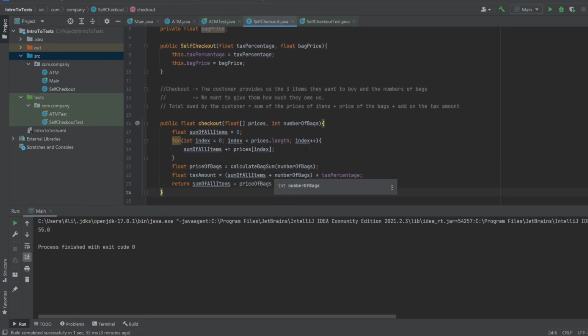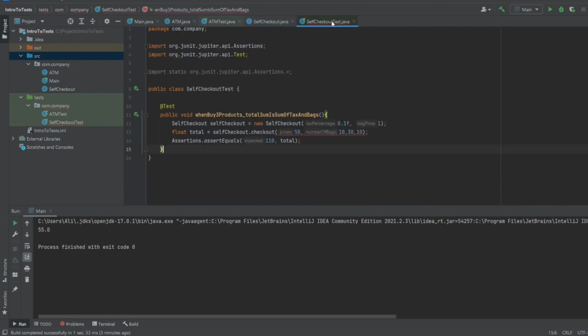Now to make sure our code is working, and I did this on purpose because I want to show you guys the power of tests. If you recall, last time we wrote the self-checkout test and we wrote when buying 3 products, total sum is the sum of the tax and the bags. So now, even though we've changed the code to take the list, this test should still pass. And instead of giving it the prices of 3 different items, we can give it a list. So if I give it a list of 3 items with the same exact price,